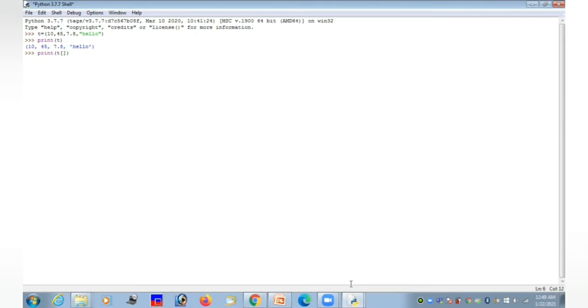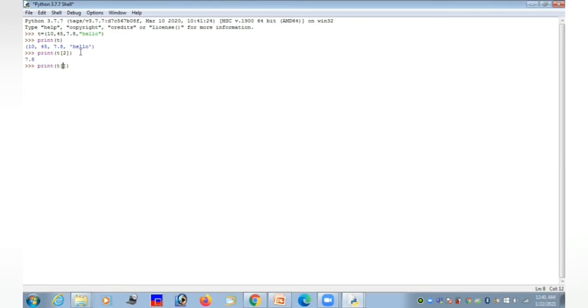Suppose I want to print the element 7.8. For that, I have to give the index value as 2. Yes, I get the element as 7.8. So now I accessed the element using the positive index, right? Now I am going to print the same element using the negative index. I already told you the negative indexing will start from right to left, starting from -1.